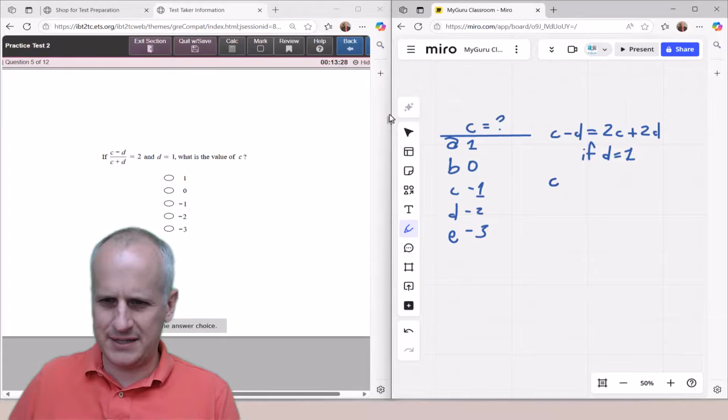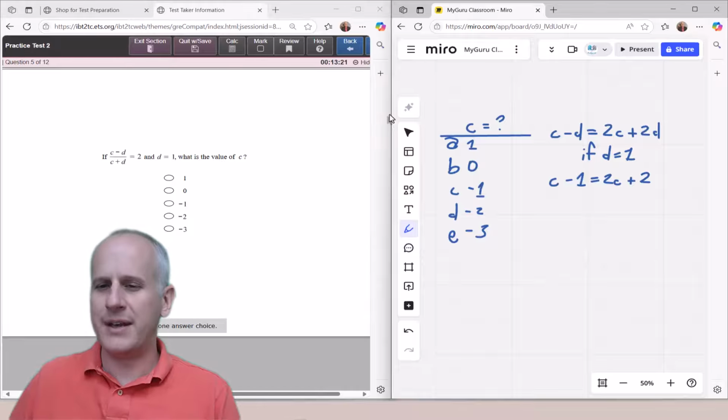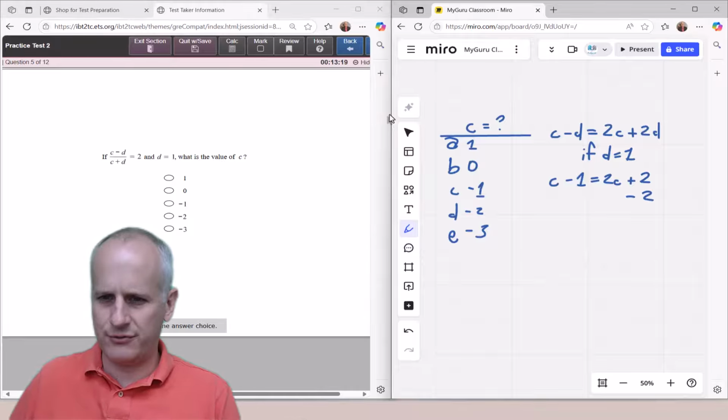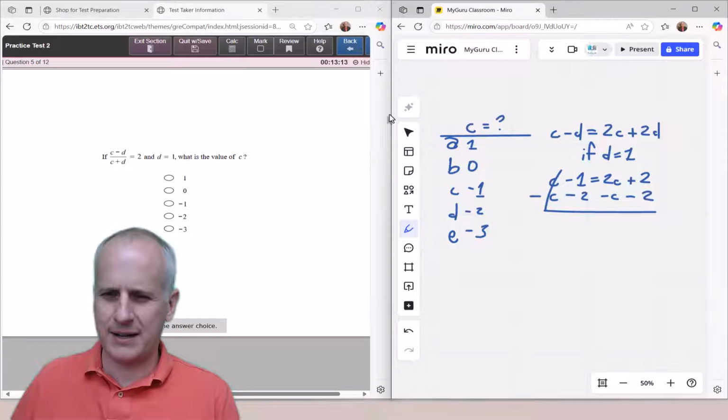Well, now I'm going to have c minus 1 is equal to 2c plus 2 times 1, which is 2. So then it's just a matter of subtracting 2 from both sides and subtracting c from both sides. We've got the c's cancel out. -1